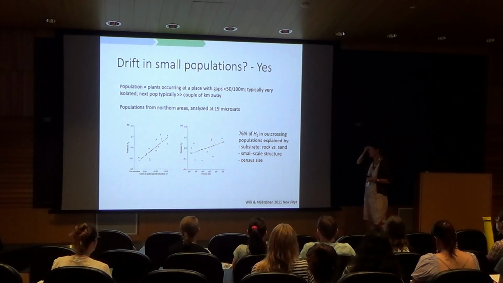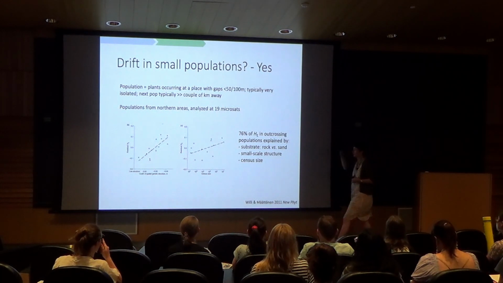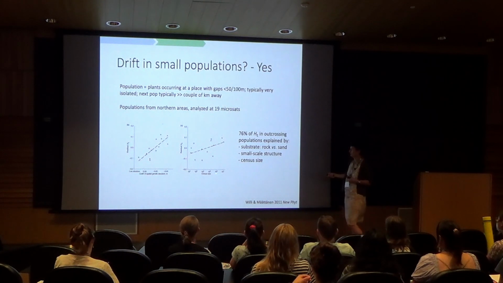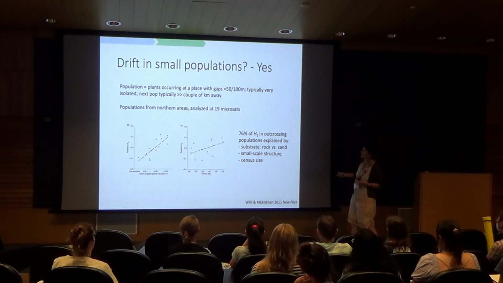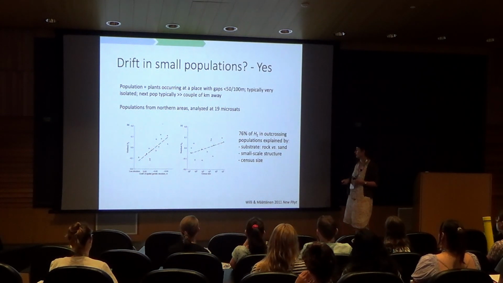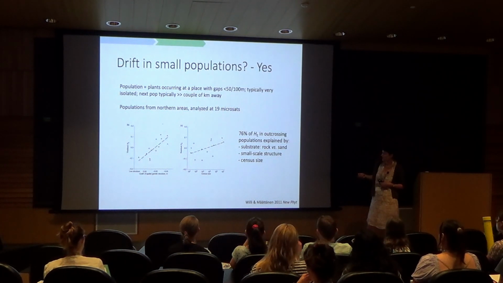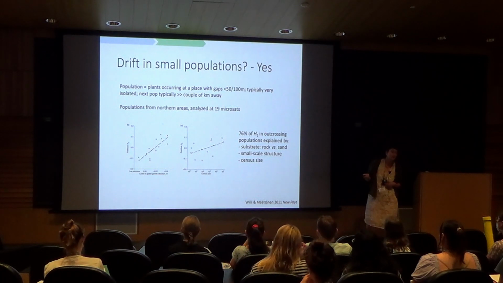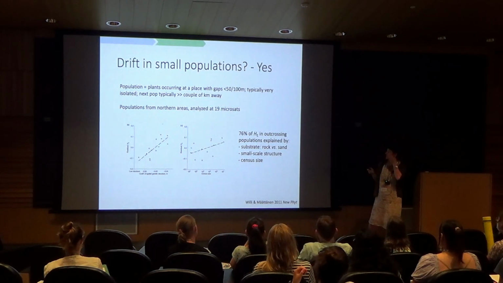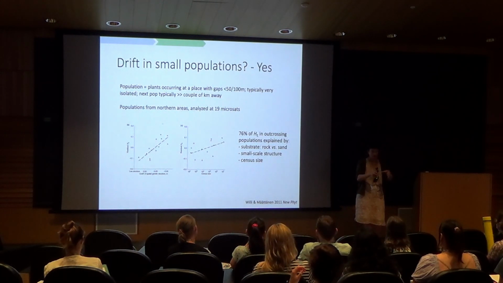And the important variables are census size, first of all. So here it's not so impressive. You see census size on the x-axis. On the y-axis, residual expected heterozygosity is a positive correlation, a lot of variation. What is stronger is the association between small-scale spatial structure and diversity found in these populations. The stronger the substructure is,